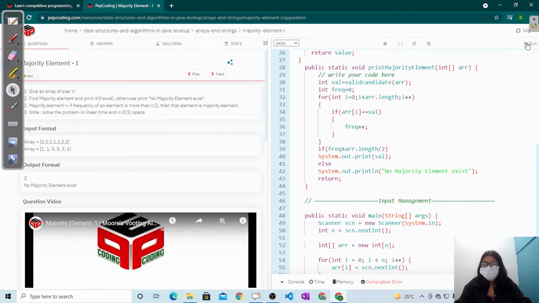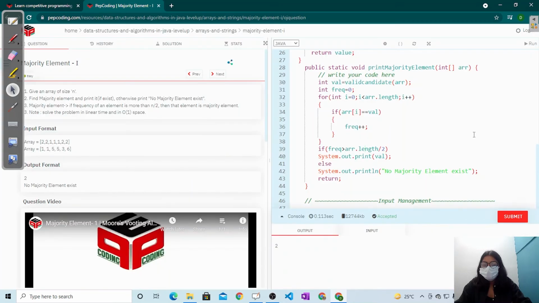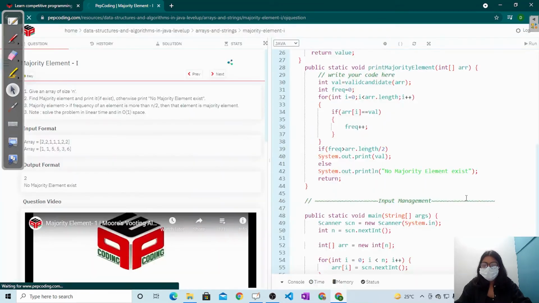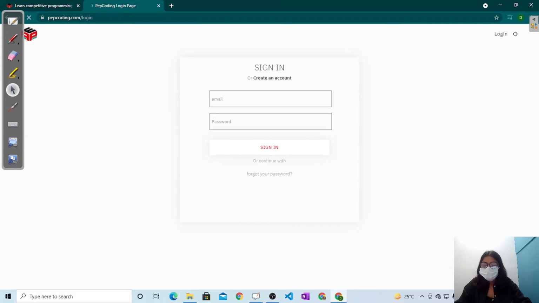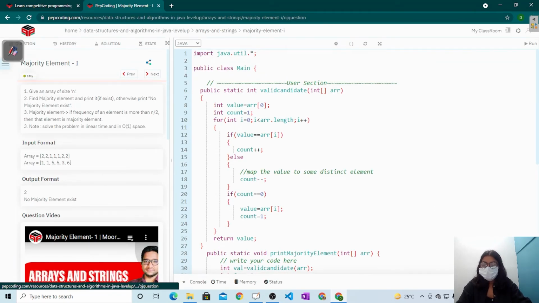Now again let's try to run this. Okay, accepted, and let's try to submit this. It needs a password. Okay, so let's now try to submit this.